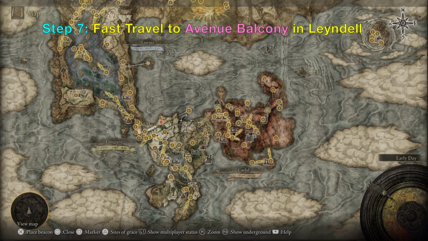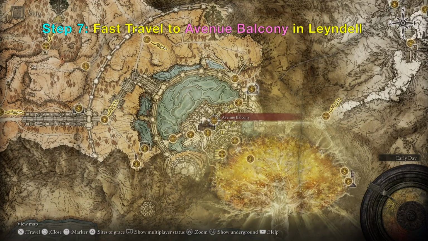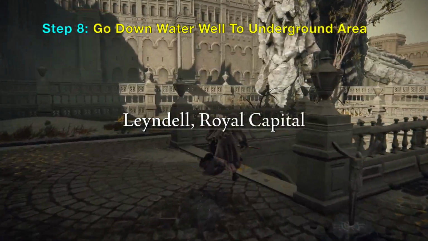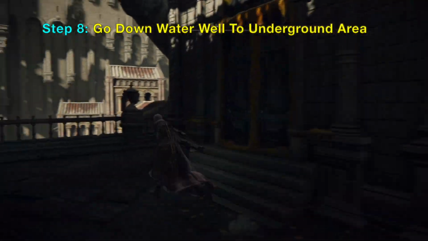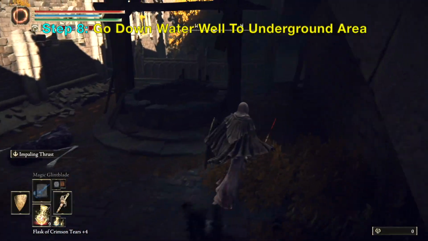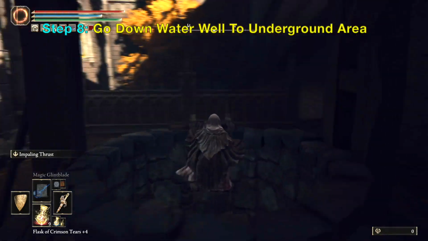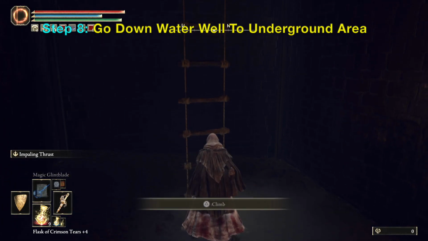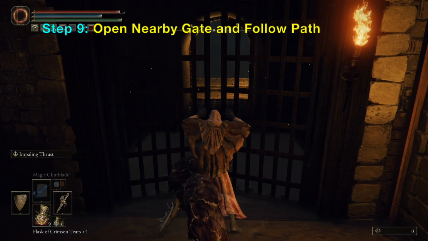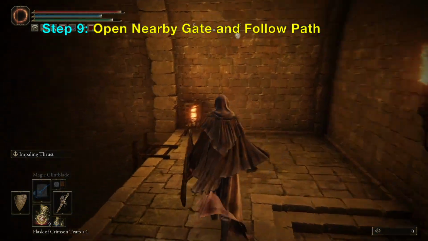Now that you have the Sewer-Gaol Key, you want to go to Avenue Balcony Grace in Leyndell. Just follow along this path, and it will lead you to a water well that you can go down. That will lead you down to the underground tunnels of Leyndell, and that is also where the flesh and blood version of Dung Eater is located. So open this gate, slide down this ladder,